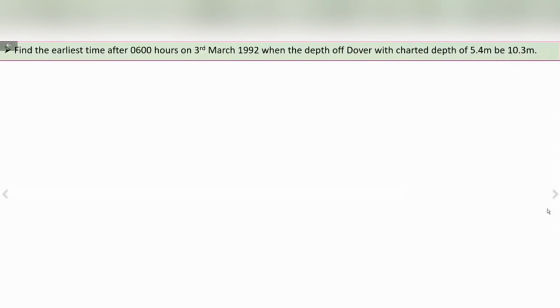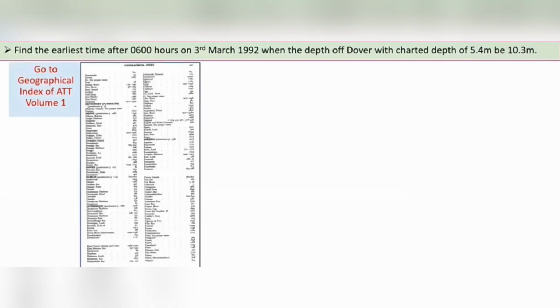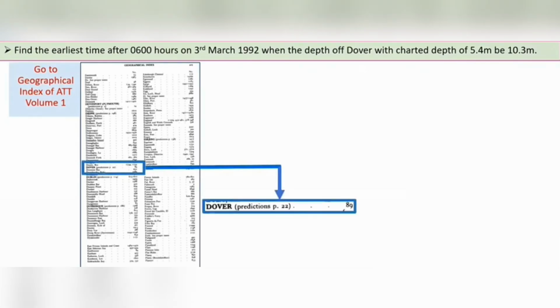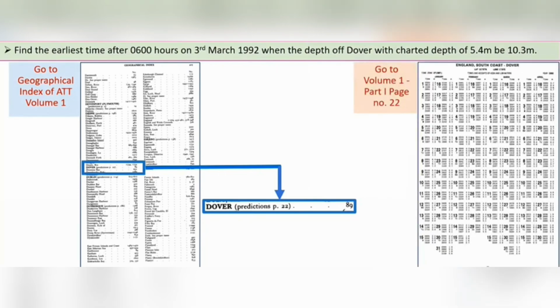So we repeat the first couple of steps. We go to the geographical index of ATT Volume 1, alphabetically arranged, reach Dover. And what do we find? Dover is in caps, capital letters, is in bold. Its number is 89. By virtue of being in capitals and bold, Dover is a standard port whose predictions are on page 22. So now we go to page 22 of ATT1